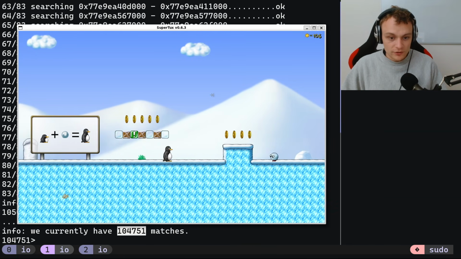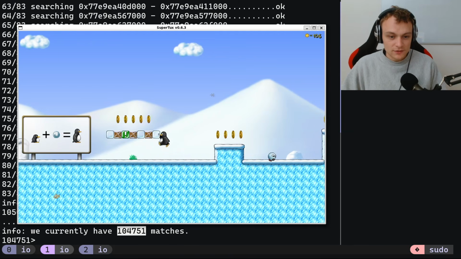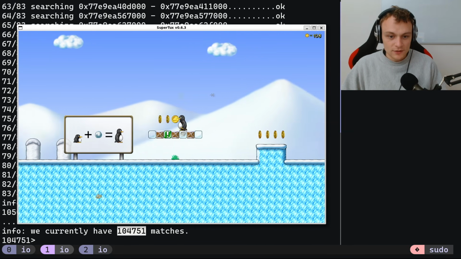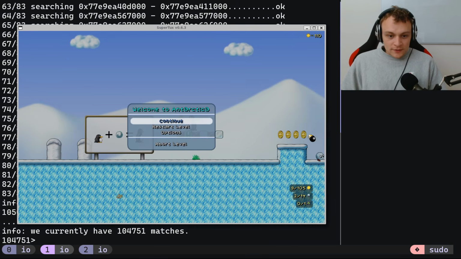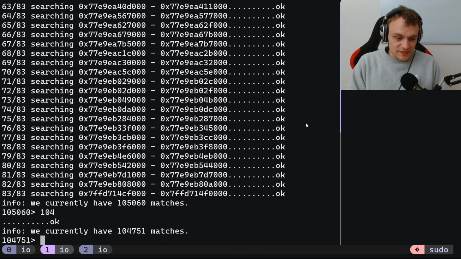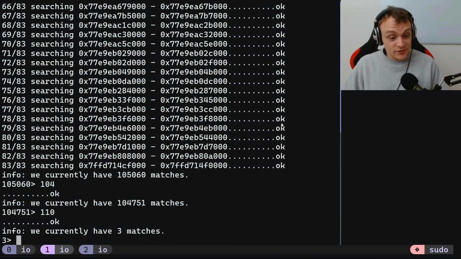That's a coin, that's a coin. Oh God. Let's set the value to 110. Let's go back to scanmem and let's search for 110. And as you can see, we narrowed down from 104,000 matches